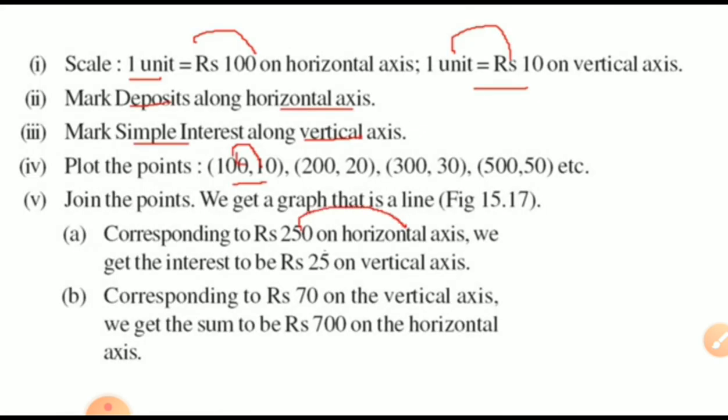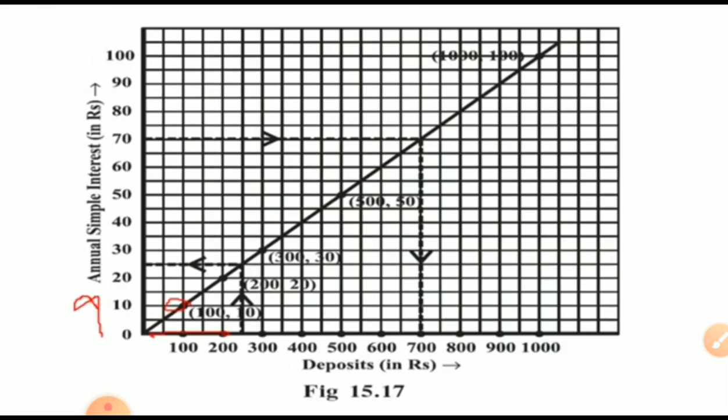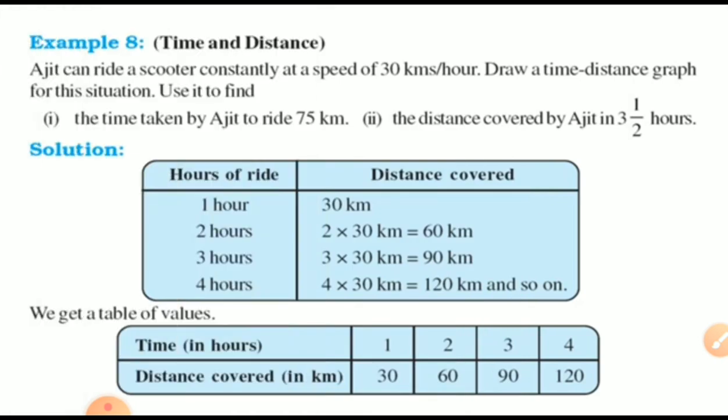25 on the y axis. उल्टा ले लो बेटा, 70 rupees interest मिलता है तो कितना डिपॉजिट रखना पड़ेगा? It can be shown with the arrow in graph paper. 70 rupee interest है, you can just move it on the left side. Then after you can find out downside is 700 rupees deposit, or you can say principal for simple interest.